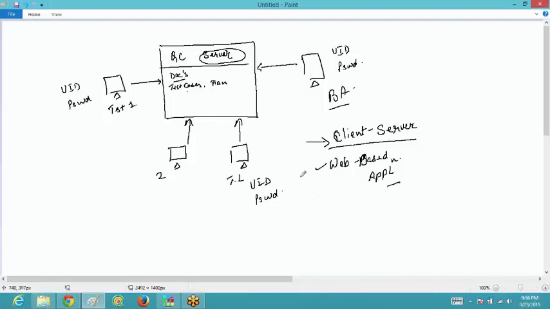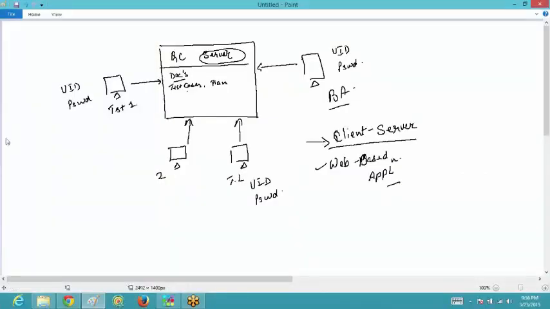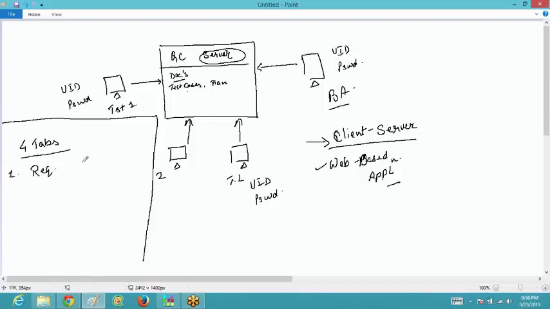Now over here in QC you would see that there are some basic 4 tabs, or some basic 4 functionalities, that we need to learn about. And what are these 4 tabs or basic 4 functionalities that we need to understand? The first one is your requirement tab. Okay, requirement tab, this tab would be